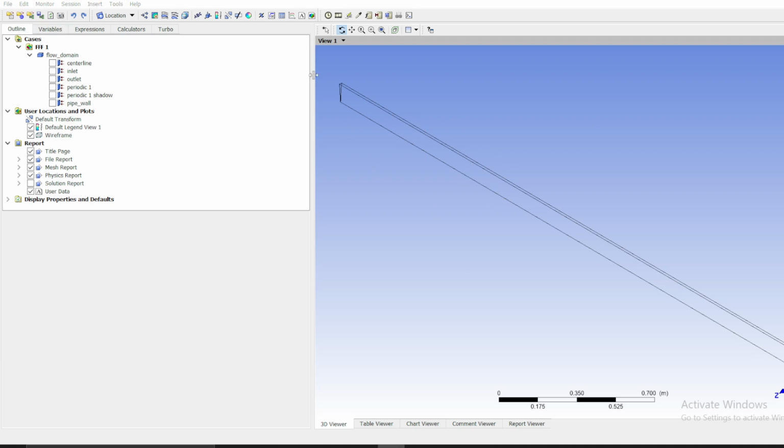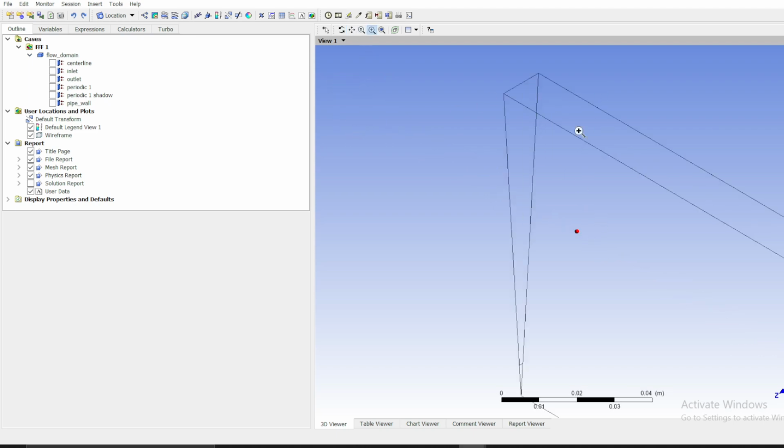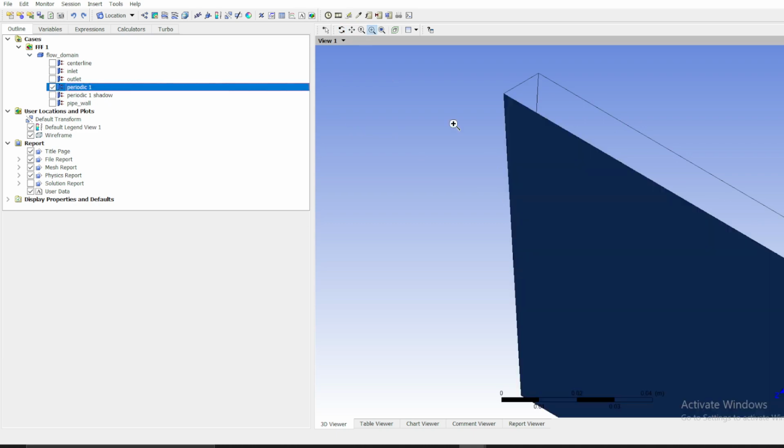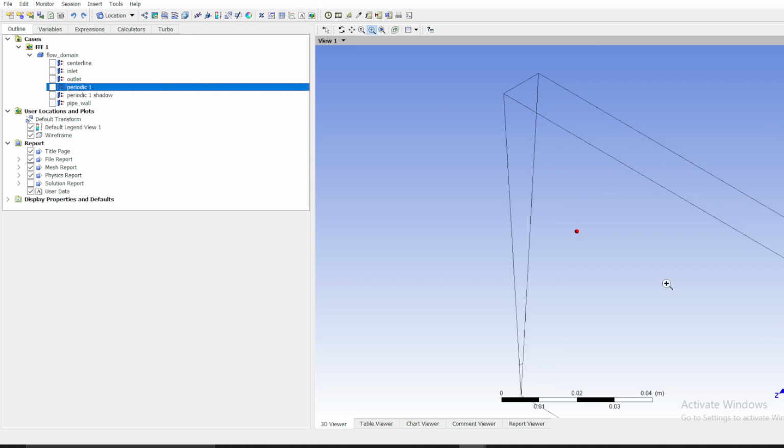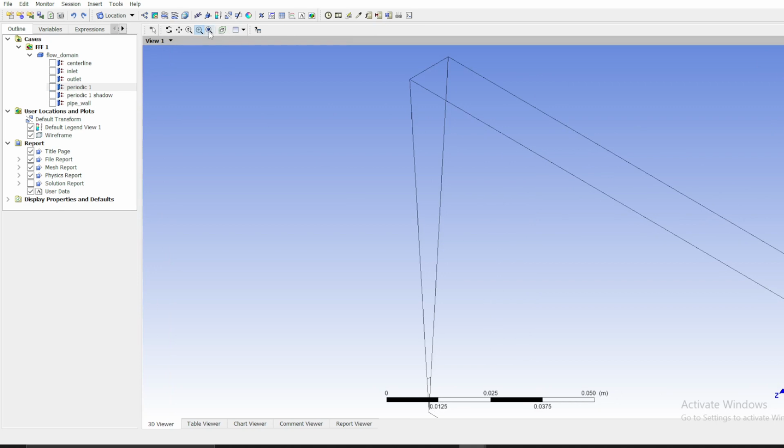Remember, CFD post uses 3D, doesn't use 2D. The reason why, you can see we have this surface. It takes the first surface, you can see we have a periodic one, this surface, and revolves a little bit to get a shadow. You can see here, but that's fine because CFD post has to use 3D. Therefore,